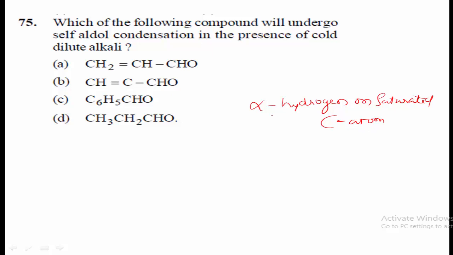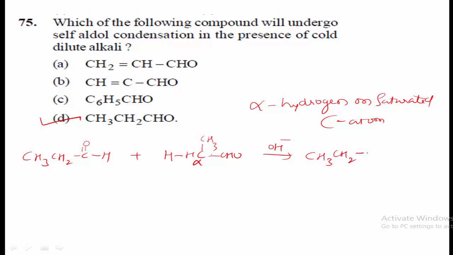So among these four, which one will undergo aldol condensation? The double bond should be present, so option D is the right one. If you consider CH3CH2C=OH, it can be written as CH3CH2CHO. This is alpha. Therefore, in the presence of a basic medium, it will form CH3CH2CH(OH)